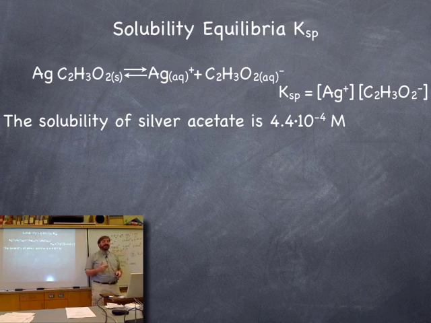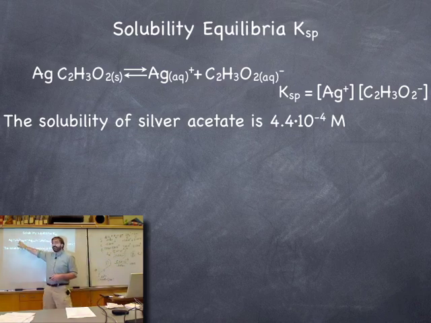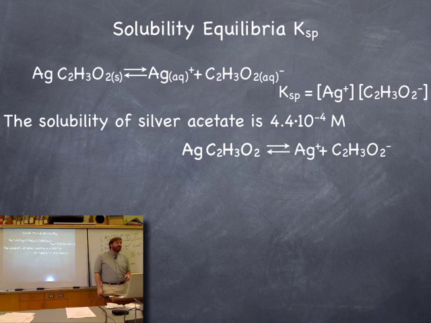We want to take this solubility and use it to calculate the Ksp value, because the solubility is telling us at equilibrium how much of the silver acetate breaks apart. In other words, if we were to think about this as an ICE diagram,